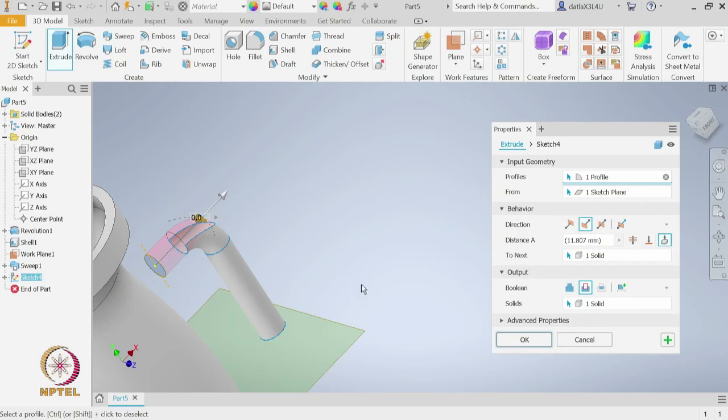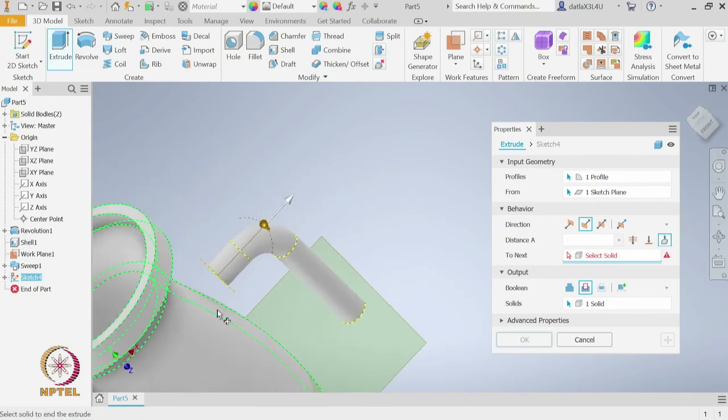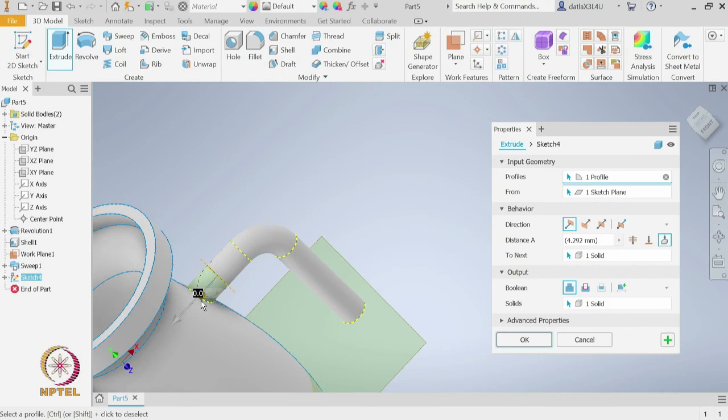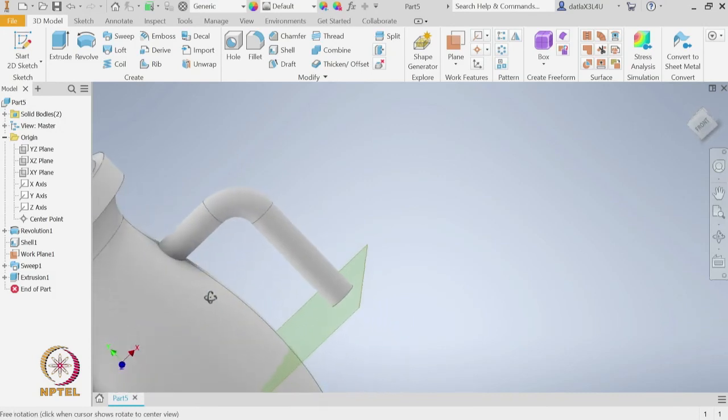What 2 next does is, let us first delete this solid, so that now we can select until which solid it has to go. So, if we select this vase, now it is extruding from this circle until it touches the solid. If I click OK, now you will see it has created this extension where it touches the vase and the shape of the vase is also matching.